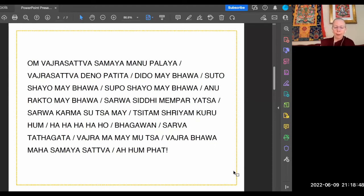Vajrasattva samaya manupalaya Vajrasattva dina patita Dida meboa sutokaya meboa sipokaya meboa Anarakta meboa sawasiti mimpi yata sawa kama sitame